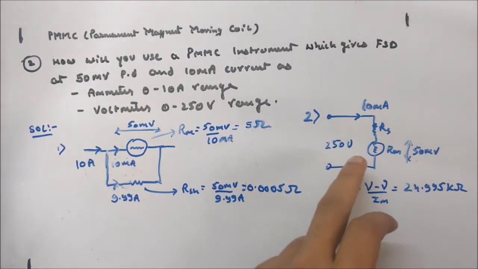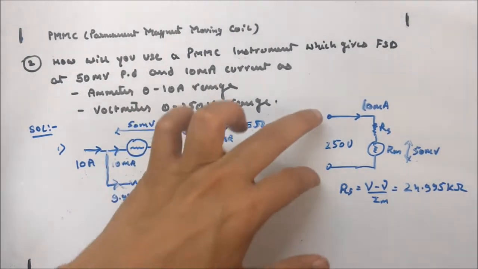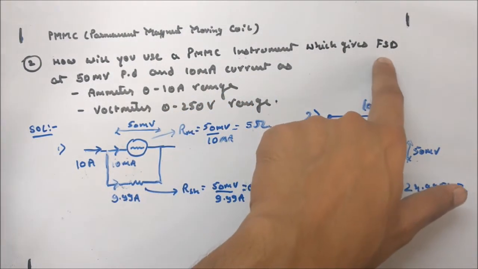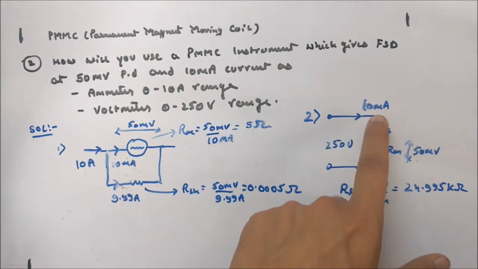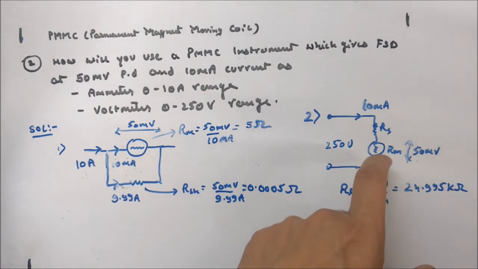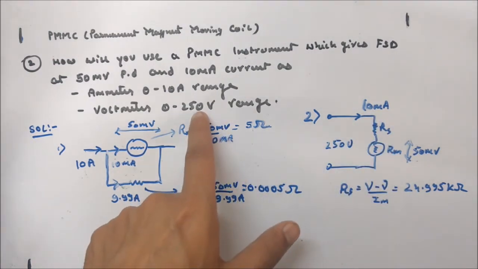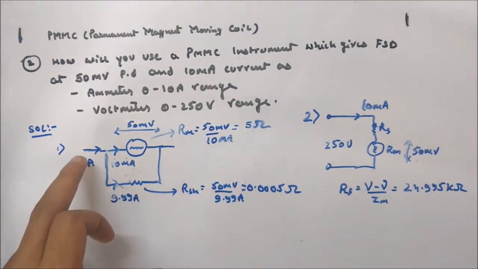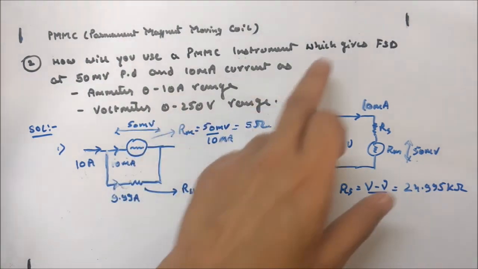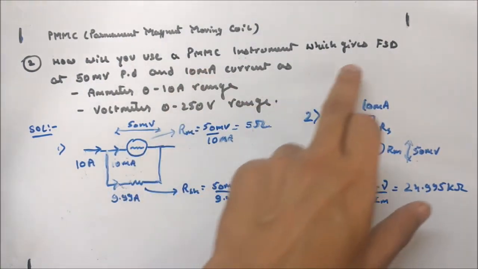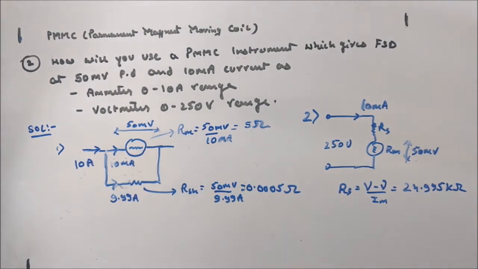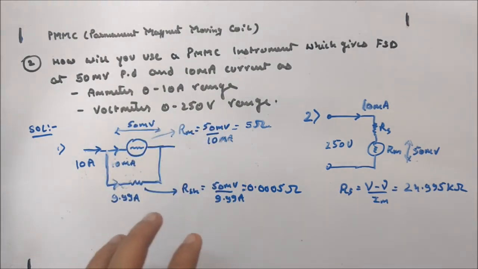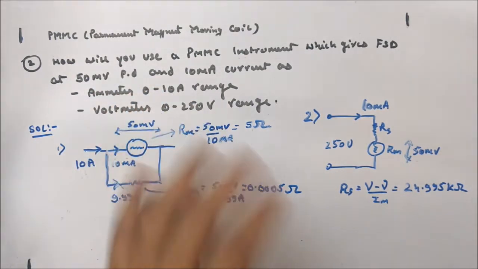Now let's look at it as a voltmeter. So this is the configuration. By the range of the voltmeter we can say the line voltage is 250 volt, since the full scale current is going on, which is 10 milliampere. Because the full scale current is 10 milliampere, that is why the full scale voltage is there. Similarly here also, the line current will be 10 ampere, because the PMMC is showing full scale deflection. So that is how we are taking 10 ampere and 250 volt and not another value between 0 to 10 or 0 to 250.